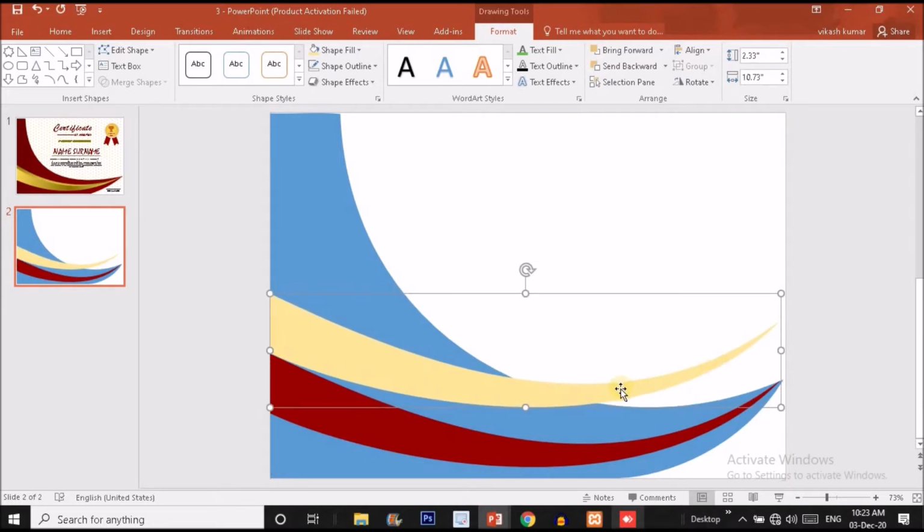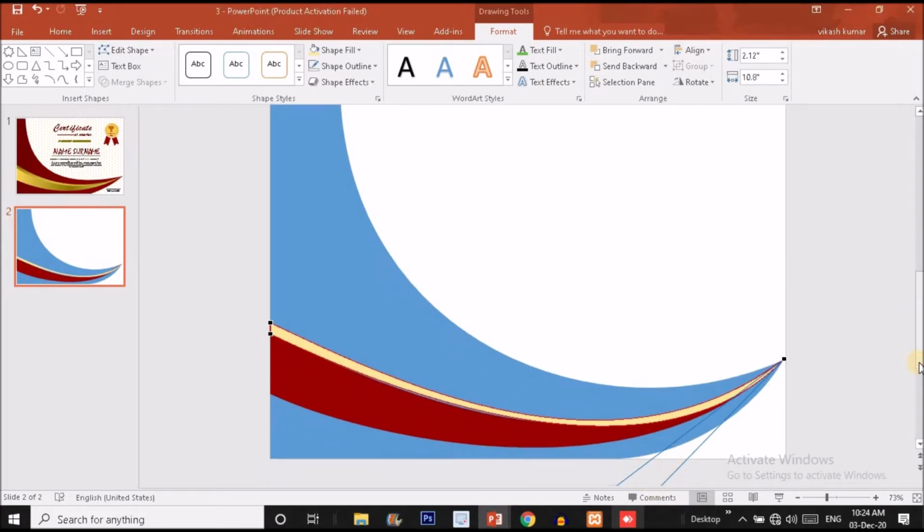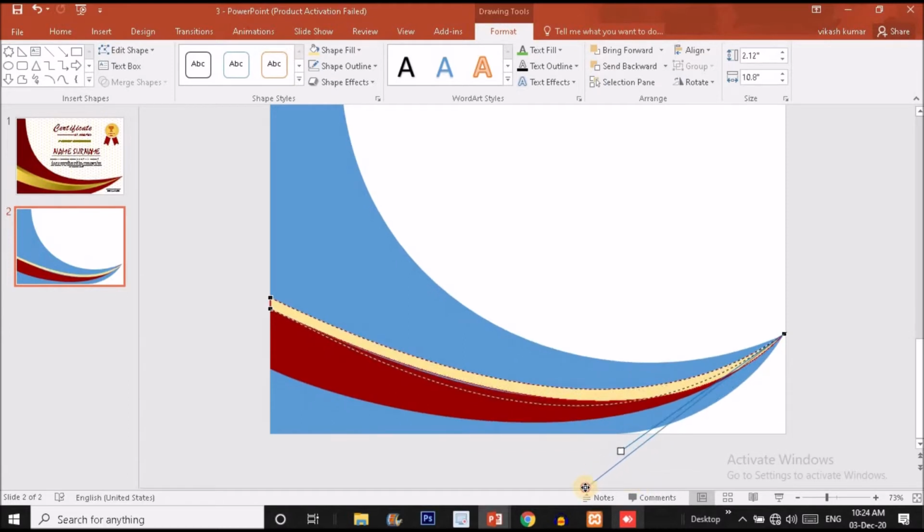Put this shape over here. Just right click over here and choose edit point option. Drag this point something here. Okay, drag this point something here, guys. Now drag this point something here and drag this one something here. Okay,